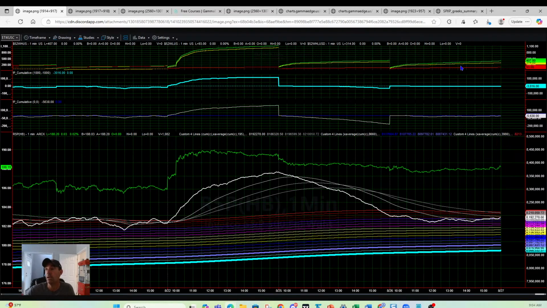You'll notice up here, breadth indicator, new highs versus new lows, fairly flat yesterday. New highs obviously outpacing new lows, so more stocks were being bought than sold. Our filtered cumulative tick, this is plus 1,000, minus 1,000, larger institutional orders as well as market participants, was fairly flat yesterday. So institutions were pretty much stagnant, not much participation.